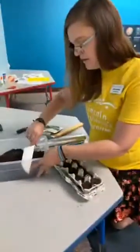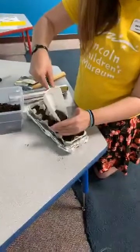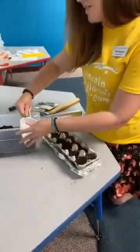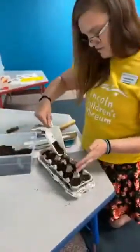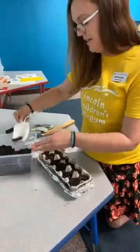If you're doing something a little bit bigger like a bean, you can press it down in and then pat it over. With these ones, they're the same color as the soil and they're very small, so I can't actually see them anymore, so I'm just gonna put some more soil on top. Big root. And once you have all of your soil in,